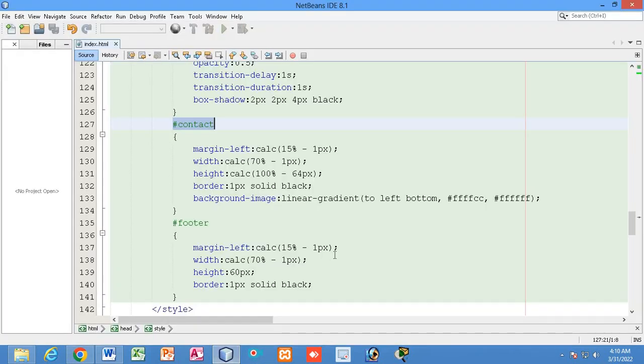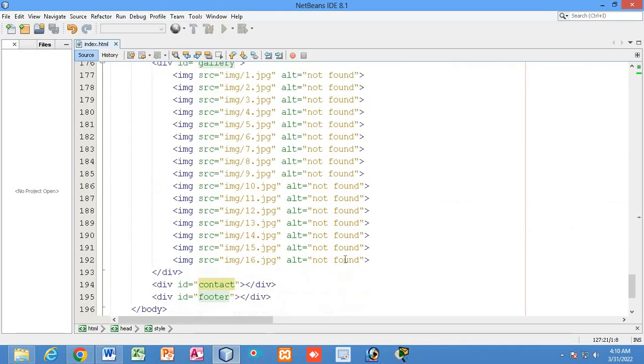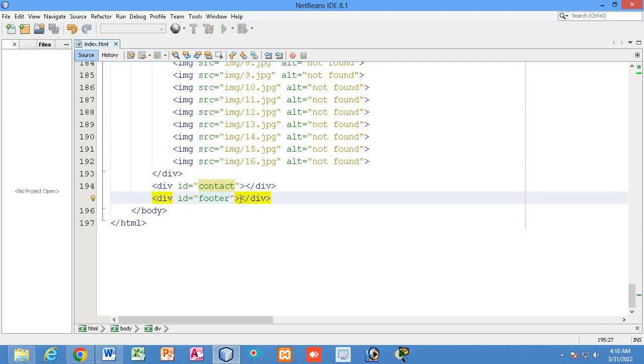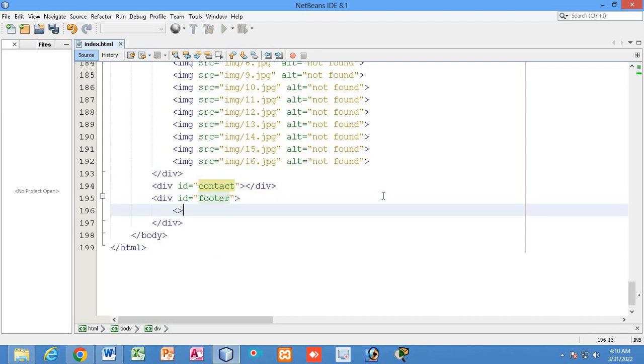Now inside the footer we will write using the paragraph tag. Here I will write copyright, this is prepared for education purpose, right?